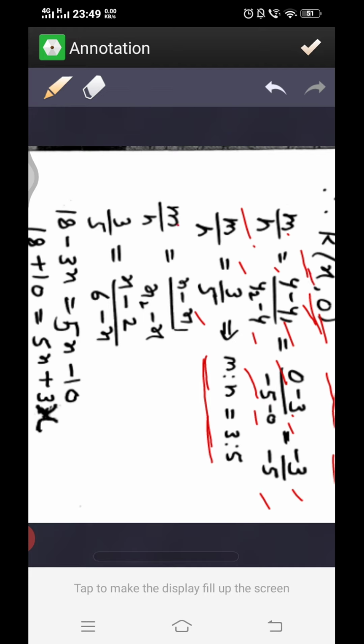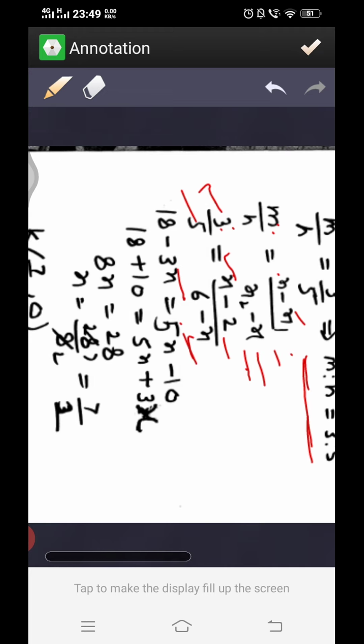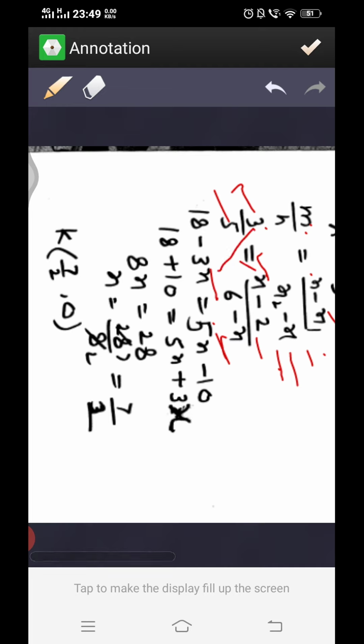So m upon n, again we are applying in terms of x. m upon n equal to x minus x1 upon x2 minus x. So m upon n, that is 3 upon 5. x minus 2, x we need to find. x minus x1 is 2. Then x2 minus x, x2 is 6 and minus x is x1. Now we will do cross multiplication like this. 3 sixes are 18, 3 into x 3x, 5 into x 5x, and 5 into 2, that is minus 10.